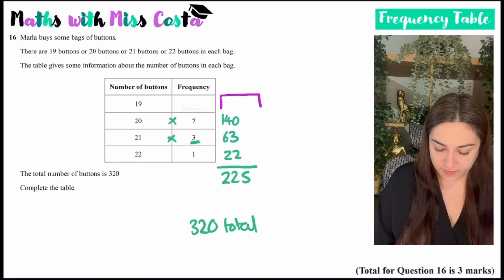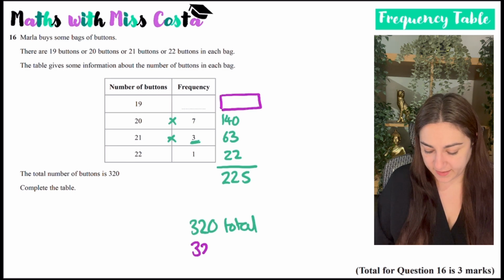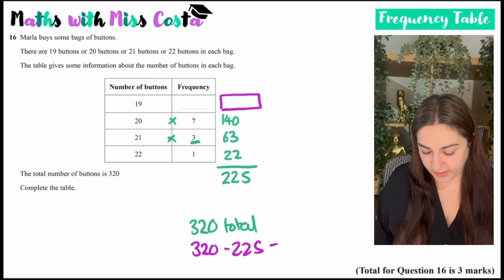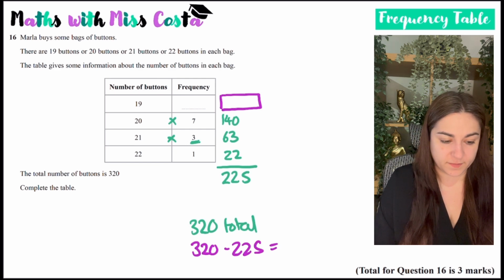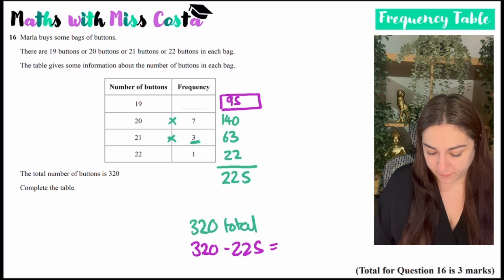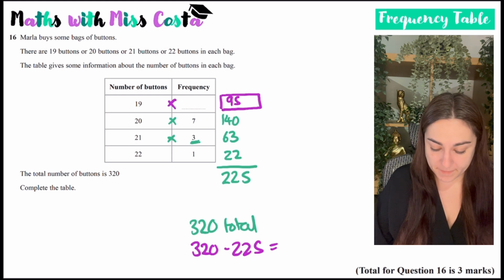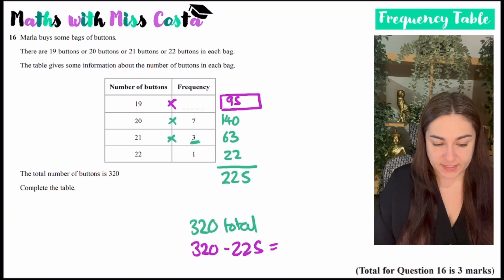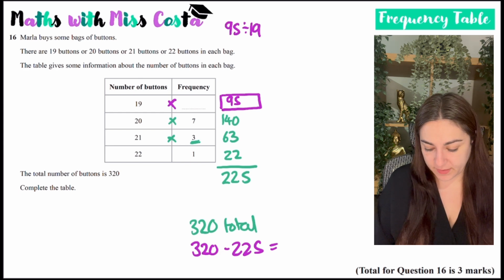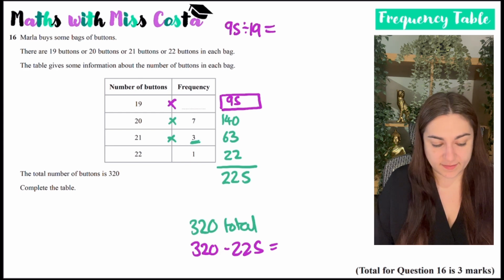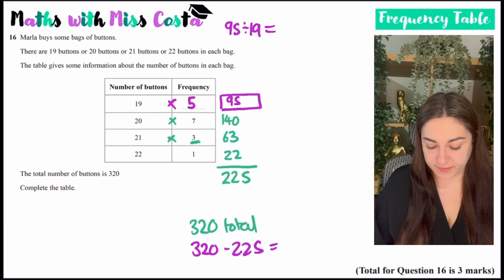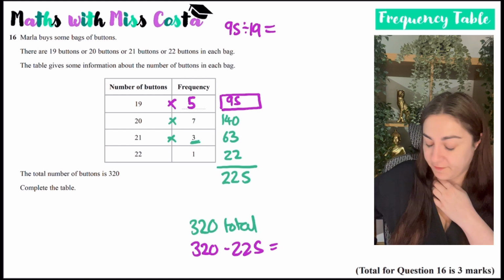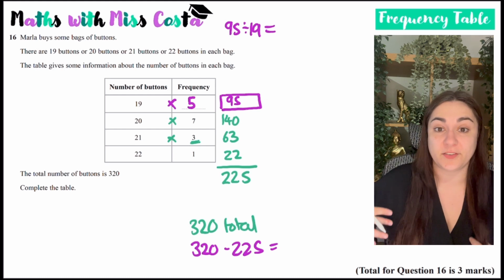I know that this missing part here must be 320 take away 225. What's left over? So I've got 95 buttons left over. So 19 times by something is going to give me 95. So if I did 95 divided by 19, that gives me 5. So I need 5 bags that have 19 buttons in them each to make